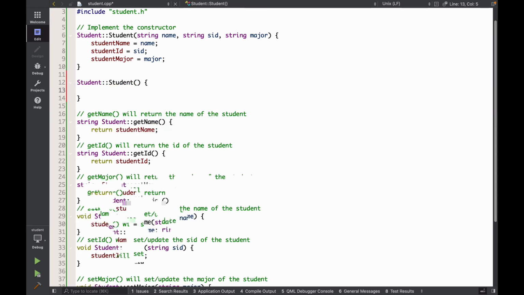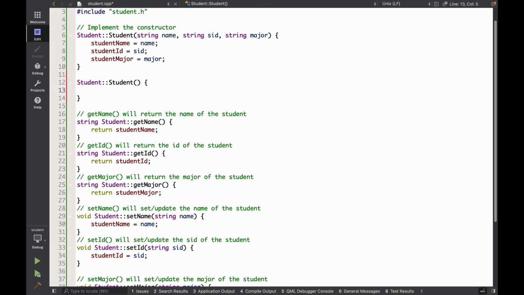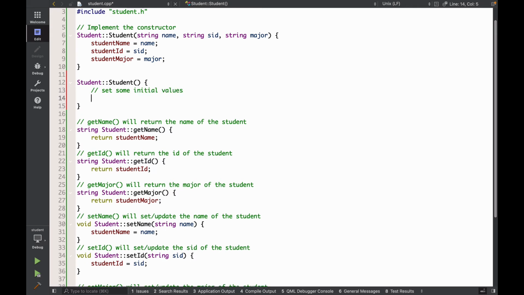Okay. And so what do you want to do if nothing is provided for the student? Well, a good approach is to create some initial values. So set some initial values. Okay. And so what I'm going to do, if a student is created without any name or SID or major,